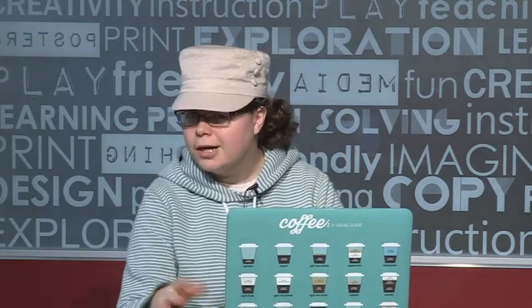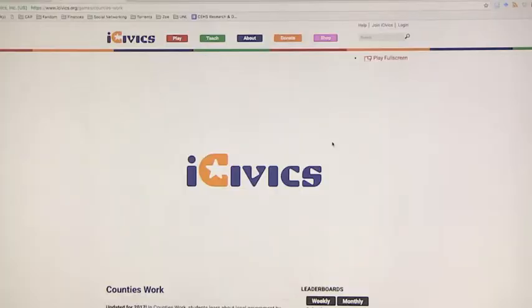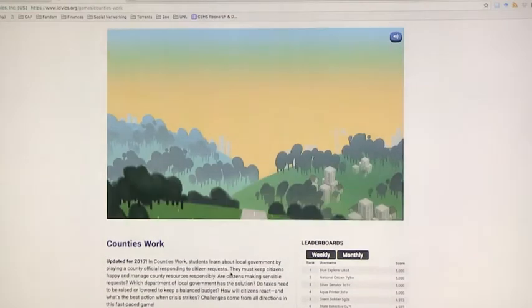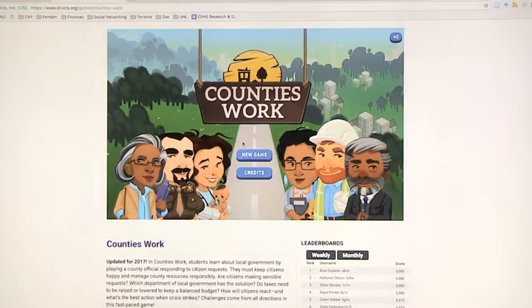Like, where do their parks come from? For younger elementary, middle school age children who probably really enjoy going to the park after school or on the weekends, well, who pays for that? When their parents complain about road work, where do those decisions come from? Businesses coming into a city. So again, local government and local things being a way to get them a little bit more engaged in their